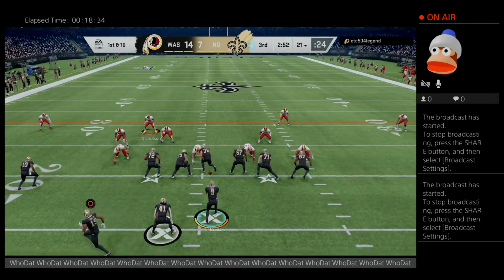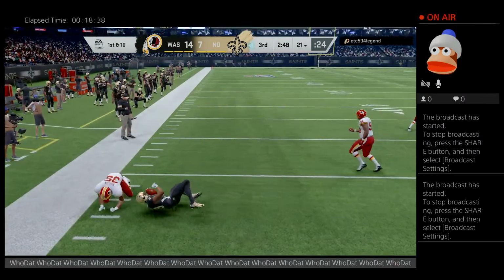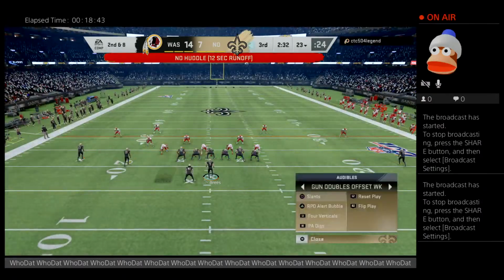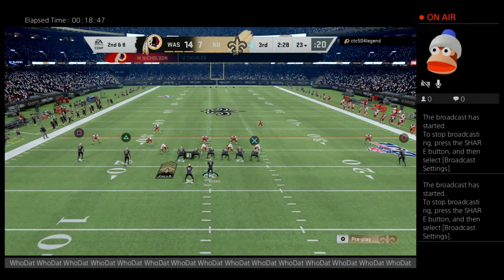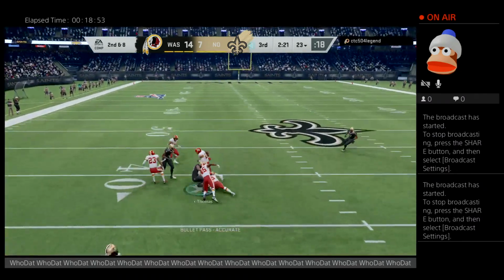Yes, they did. Now a fake on the give here as they try the run-pass option. It'll be a 2-yard gain. A gain of 2 brings up second and 8 at the 23-yard line. Throwing on second and 8, Brees. And that...